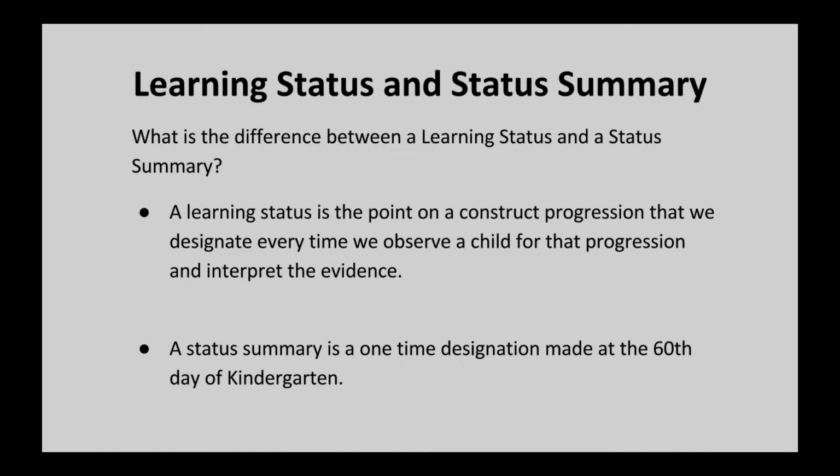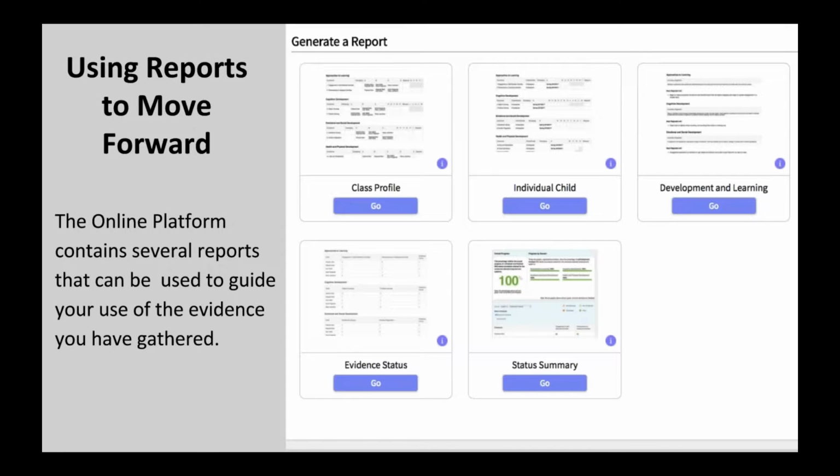that we're making. Now that everyone has created some learning statuses and status summaries, we have data in our online reports that we can access in the Teaching Strategies platform. When you enter the platform, you currently see 3 tabs at the top as a teacher. It says Assess, Report, and Family. When you click that Report tab, you have 5 available reports, and you'll see the screen looks a lot like